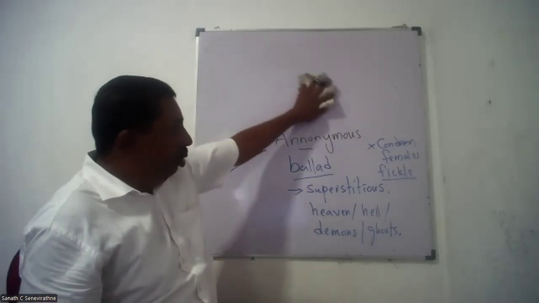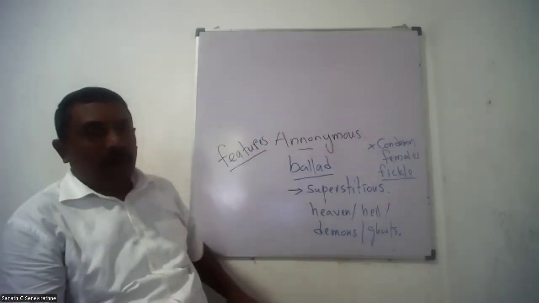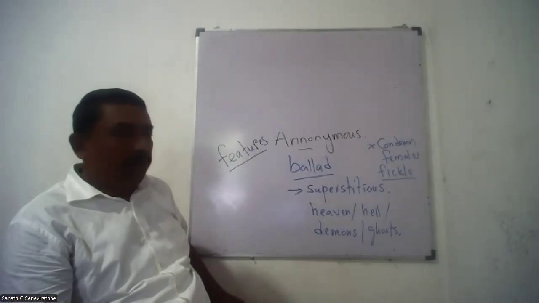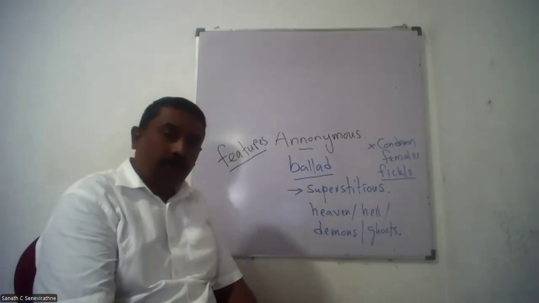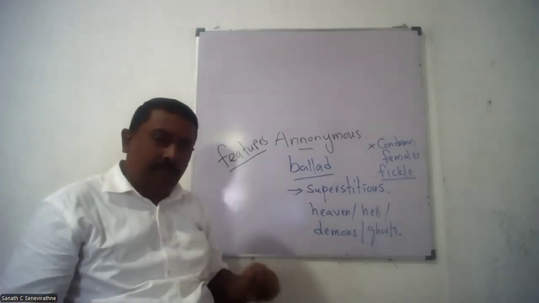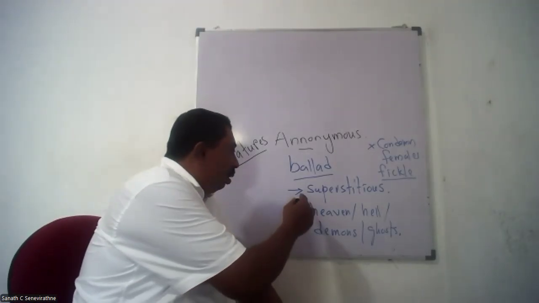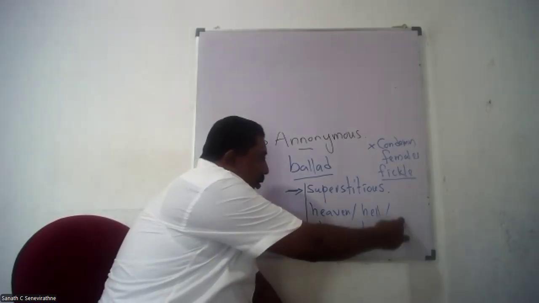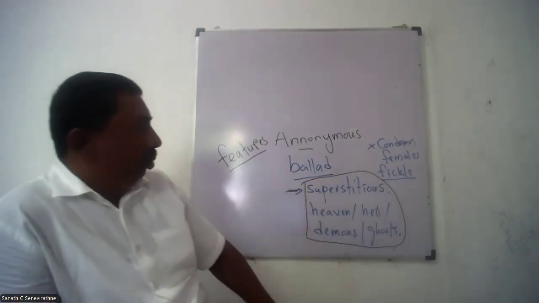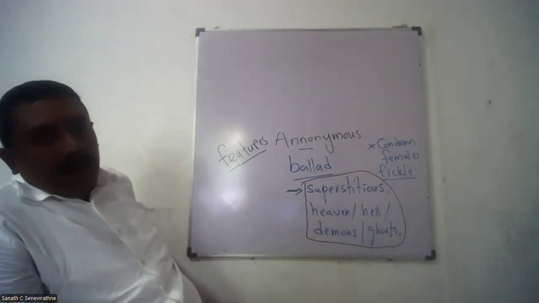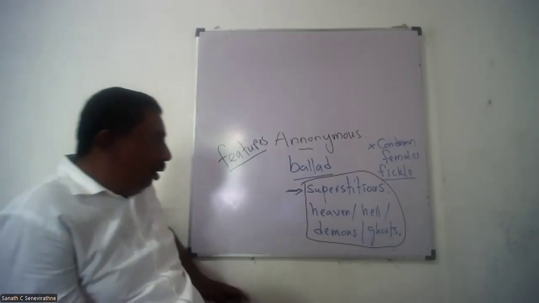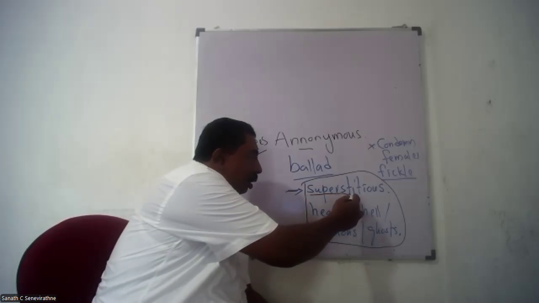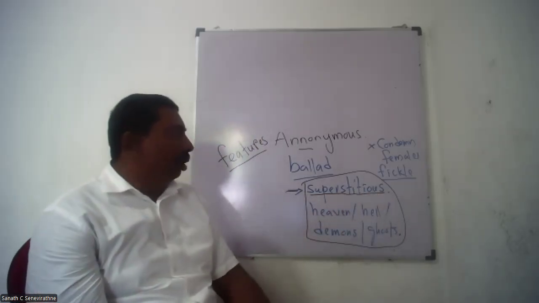One is that they are of ballad form. I will later tell what a ballad is. Types of poetry I will tell. Right. The second is that those poems contain superstitious beliefs